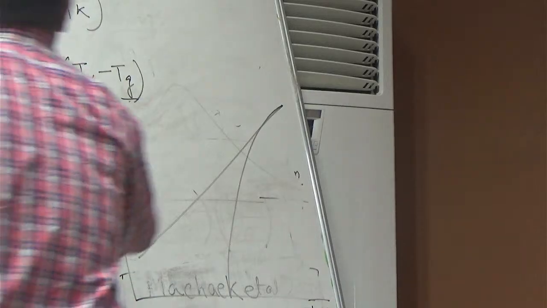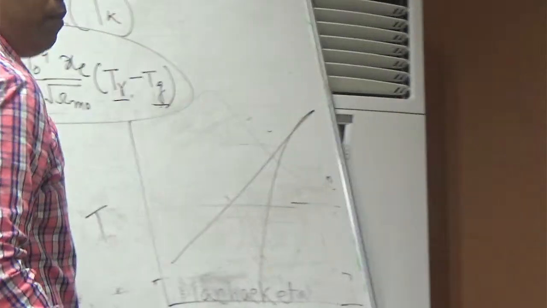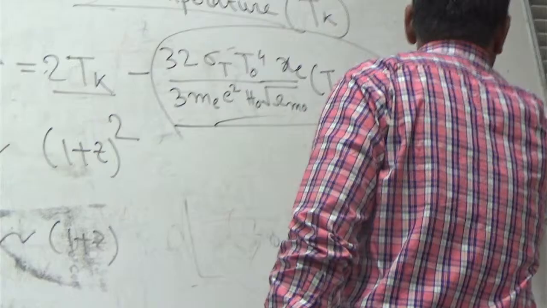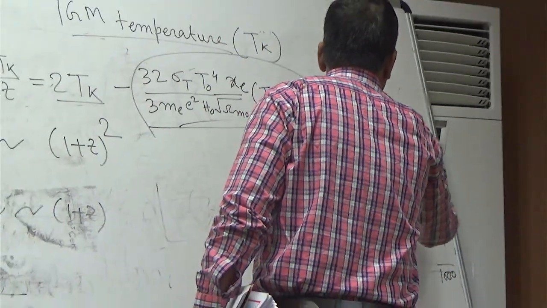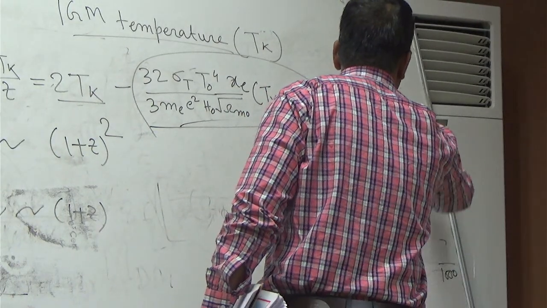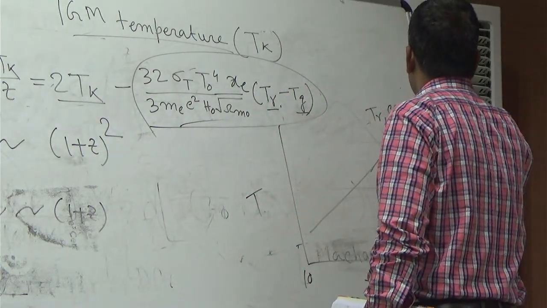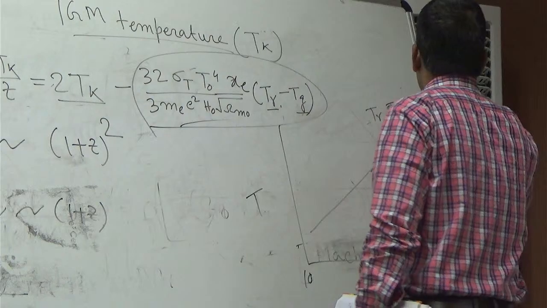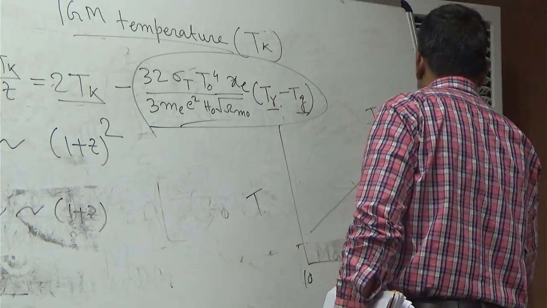But because of this term, because some amount of heat is transferring to the IGM, this IGM temperature will follow CMB temperature at least up to let's say 300. So the CMB temperature and IGM temperature, T gamma and Tk, remain the same up to let's say 300,